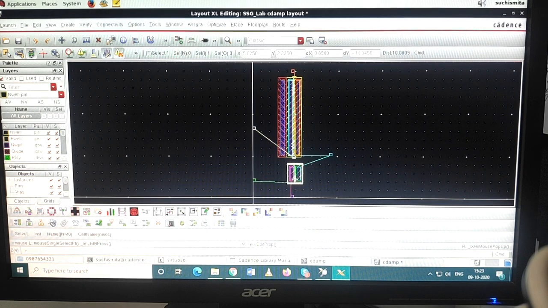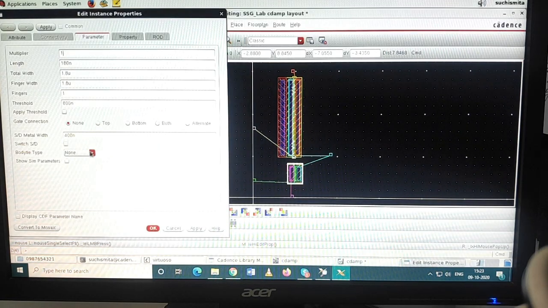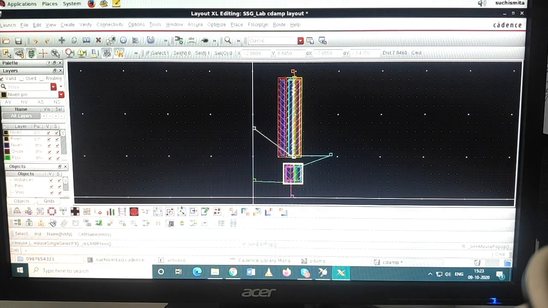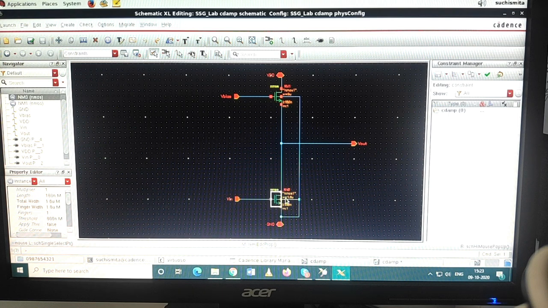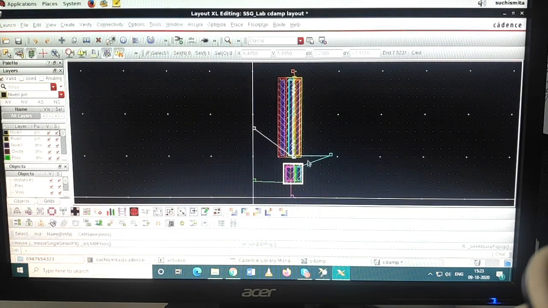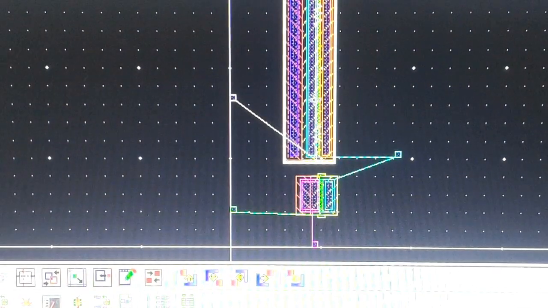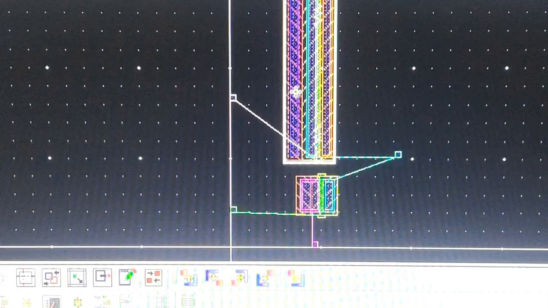Okay, so click on it, press Q, body die type is integrated, because source and body are connected in this one. Now if I start connecting from here to here, there will be a lot of difficulty to connect the body terminals together. Okay, and since I have made this body terminal detached,